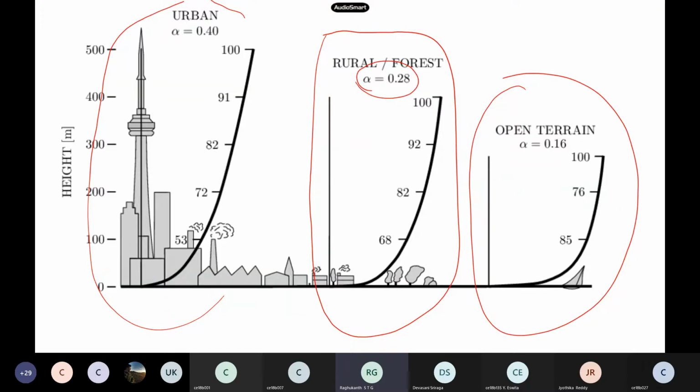So suppose if you go to Dubai, now people are building almost 1 kilometer high, such tall buildings. Then your alpha and other things may also vary, depending on the construction. Like if you compare Chennai and Bombay, in Bombay you will see very high-rise buildings. I think in Chennai it is 25 or 30 stories only. But in Bombay, 600-meter buildings are also going to come up. So the boundary layer and alpha may also vary with respect to this.